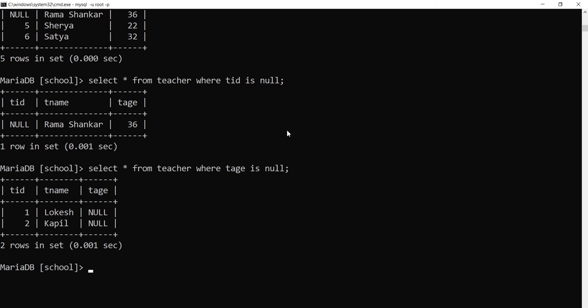You get only two places where TH is null, at the place of TID 1 and 2.